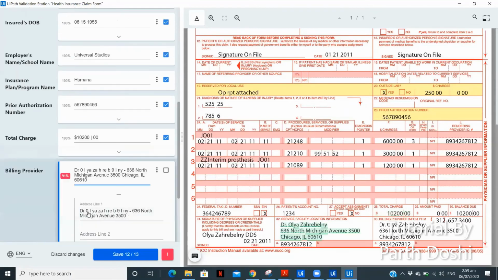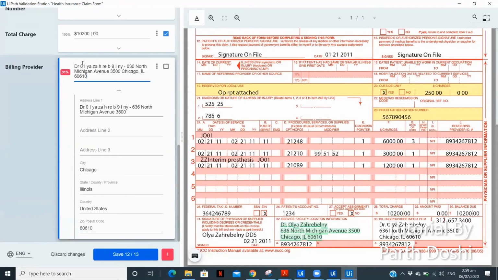Now we are not able to extract proper details, even though it is showing 91% accuracy, but there are many errors over here. So first of all, I need to remove this space and change it to O. After that, we have this over here, then there is an extra one more space. So this is how we are able to extract the data. We are not getting the wrong data, but the only problem here I can see is we are getting some extra data as well, which should not be the case. Okay, so I have changed it and it's getting changed in the below formatted data as well.